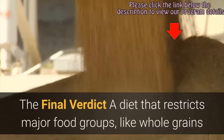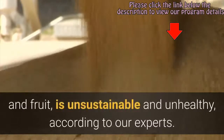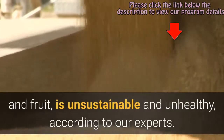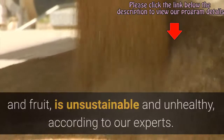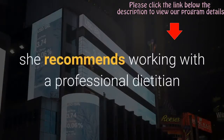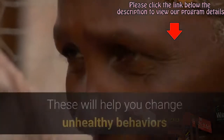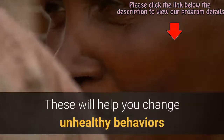The final verdict: a diet that restricts major food groups, like whole grains and fruit, is unsustainable and unhealthy, according to our experts. If you do want to drop a few pounds, she recommends working with a professional dietitian or enrolling in weight management classes. These will help you change unhealthy behaviors and provide support